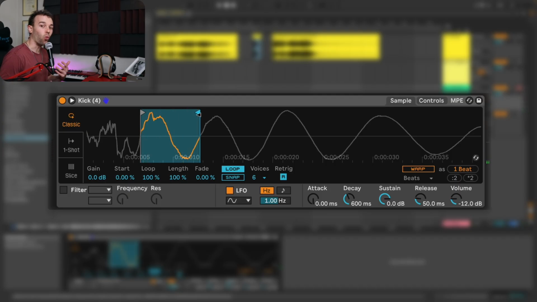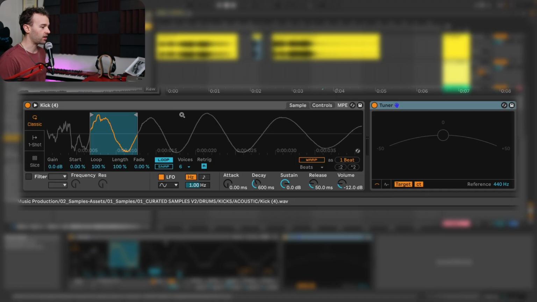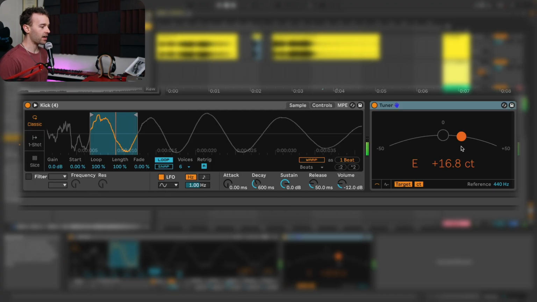Once again, we need to figure out what note we're actually playing, so I'm going to add another Tuner device after this sampler. Play a note. Let's play a C on my keyboard. And we can see when I'm playing a C, it's actually playing an out of tune E. So we're going to go back to that Controls tab,